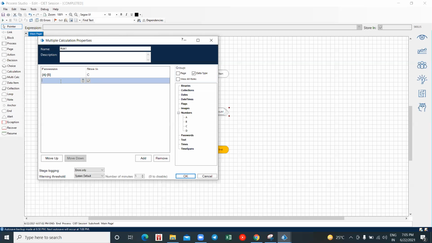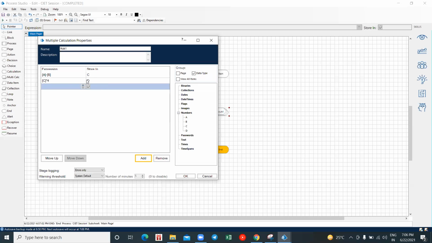I want the result of A minus B to be stored in C, and whatever the result in C might be, I want it to be multiplied by some number. I can give a number directly here, as 4 even, and store it in D. The final result after A minus B and C multiplied by that number should be stored in D, right?